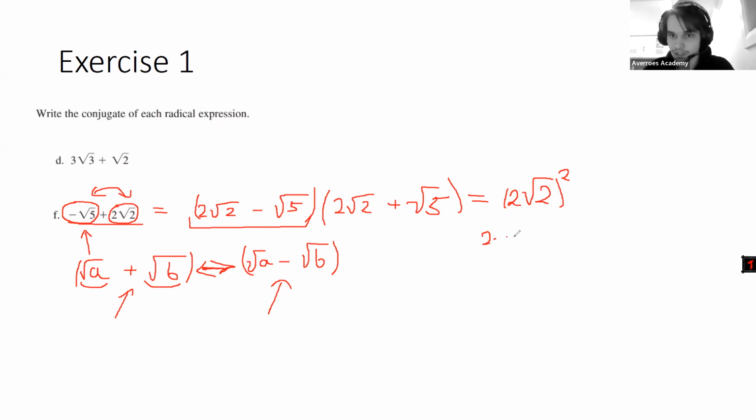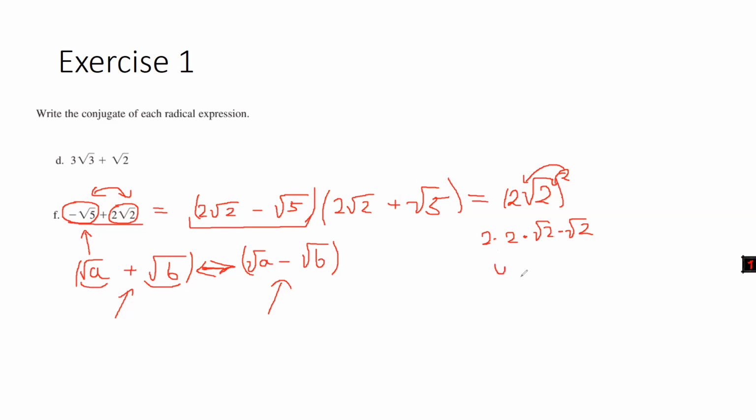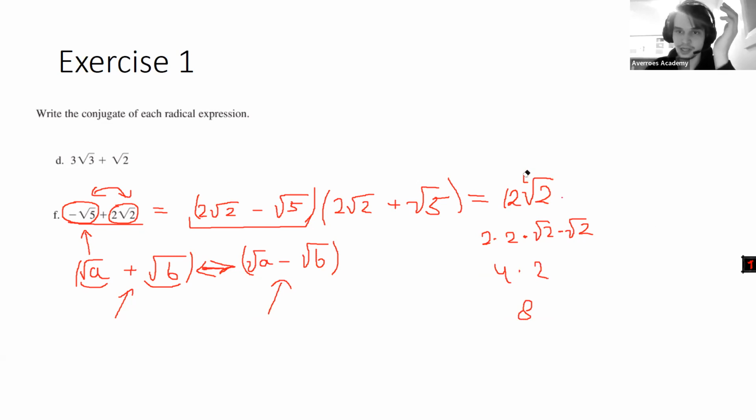So it's going to be 2 times 2 times square root of 2 times square root of 2, right? Because we are applying this exponent to both of these. And it's going to be 4 times 2, it's going to be 8. You can do it in your head, or if you are not willing to skip this step, you write it like this, then minus, because we are looking at the difference of squares,